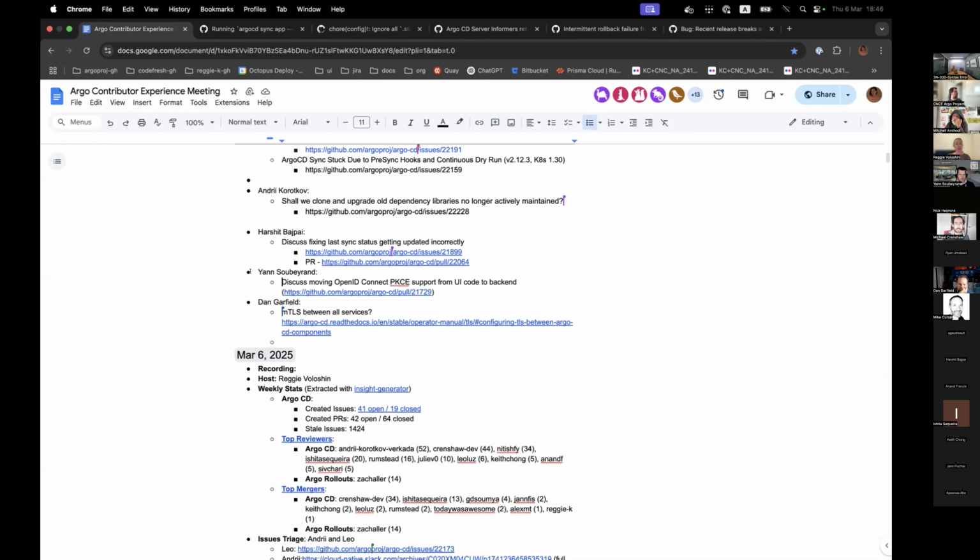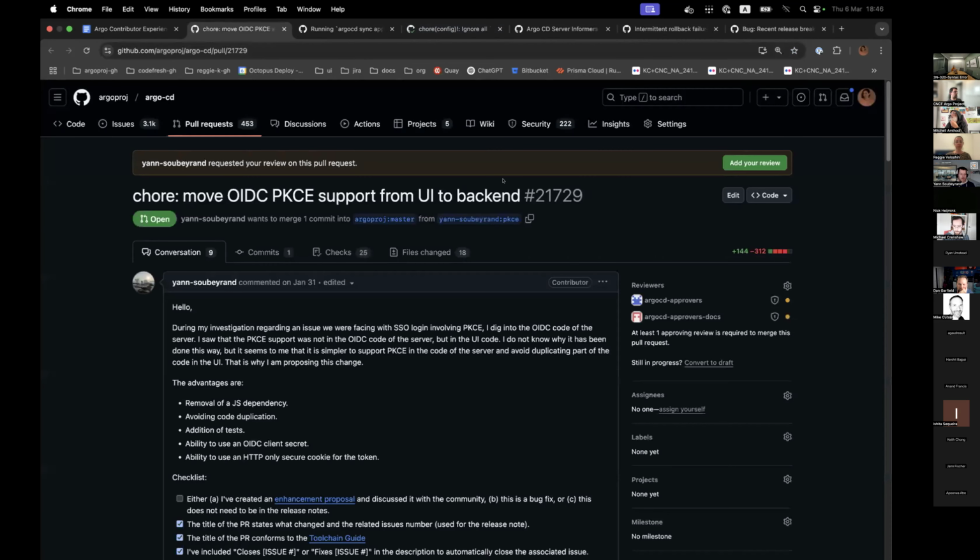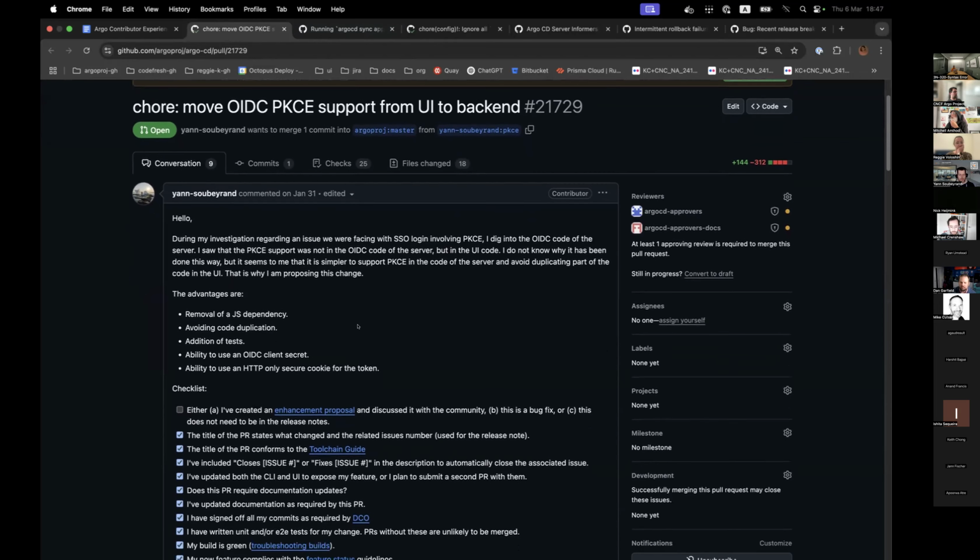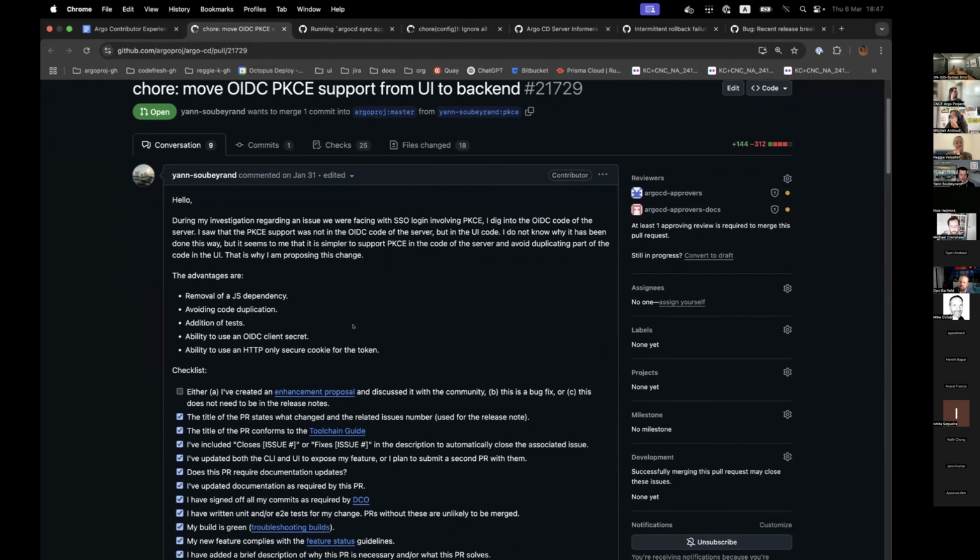Next issue is moving OpenID Connect to the backend. Jan? Yes, hello. I was investigating an error with Pixie support in an old version of Argo CD. I didn't realize that this issue had been fixed in a more recent version, but trying to fix it myself, I found that there are two code paths for OpenID Connect.